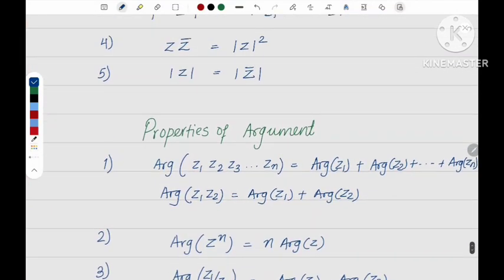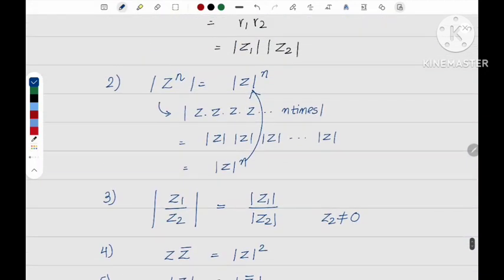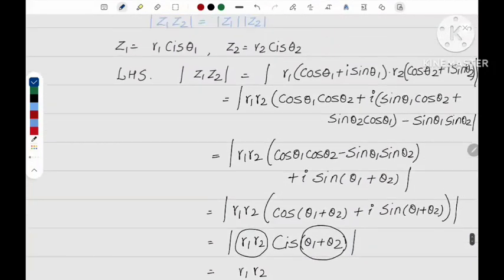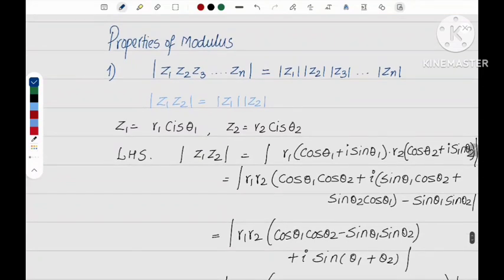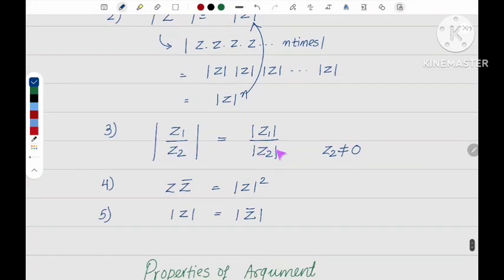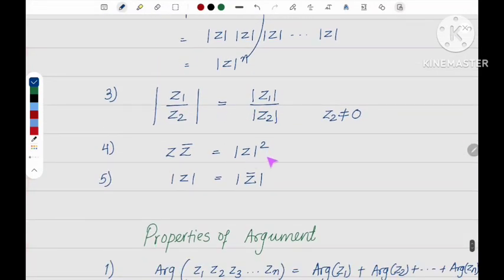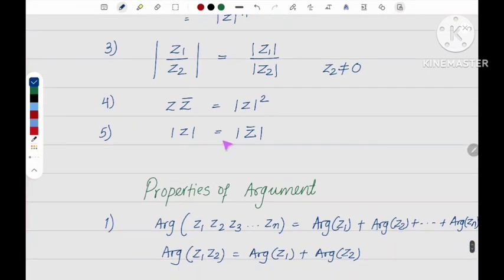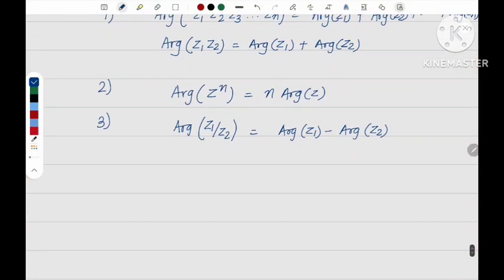So these three properties of argument and these five properties of modulus. First property is about multiplication, second property is same, third property is division for modulus, z z bar is equal to mod z square, and mod z is equal to the magnitude of its conjugate. Okay,